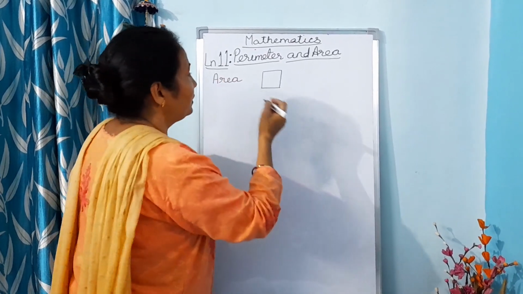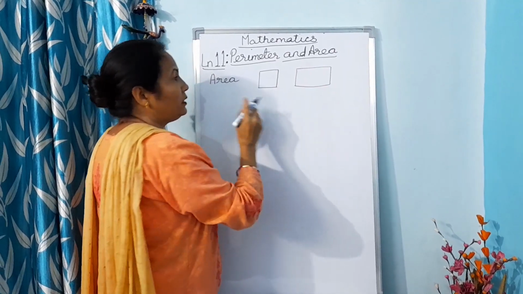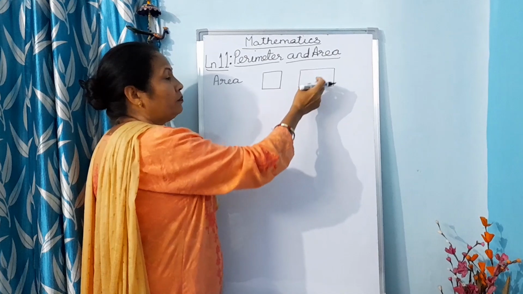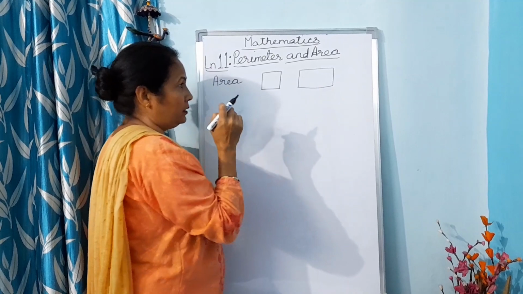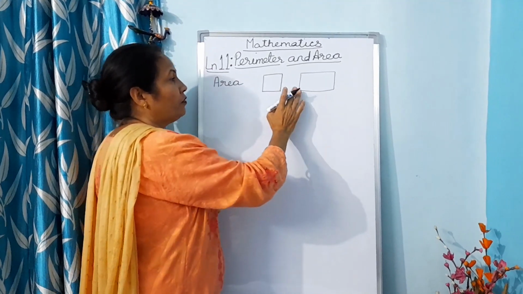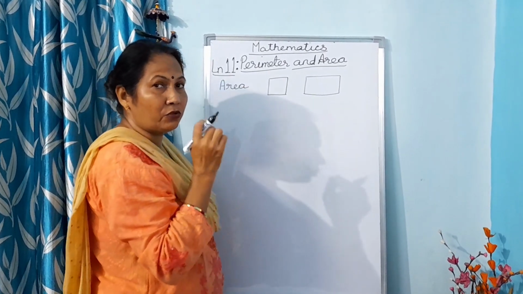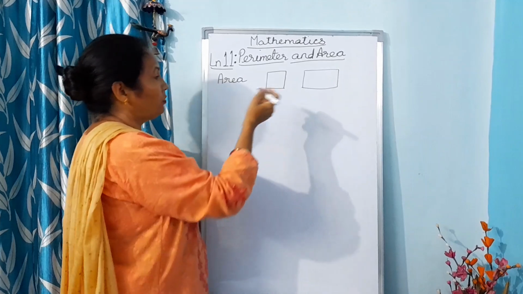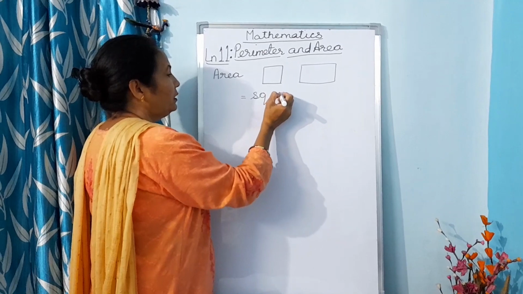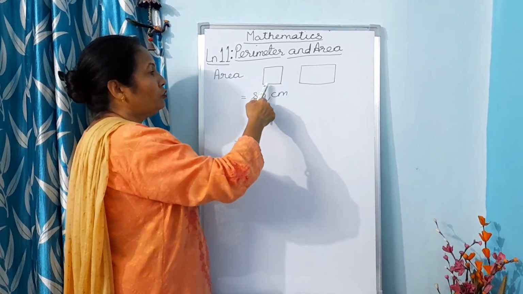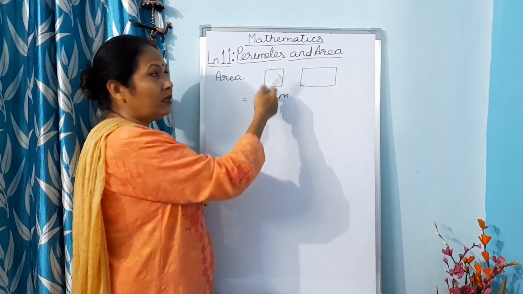Okay. Next you have a rectangle. Here also in perimeter you again multiply and you add it by the length into breadth. But in area you have to find out the part which is covered by this figure. So that is called area. Now area, children, is always written in square centimeter. Why? Because you double it. In perimeter you don't double it, but in area you double it.